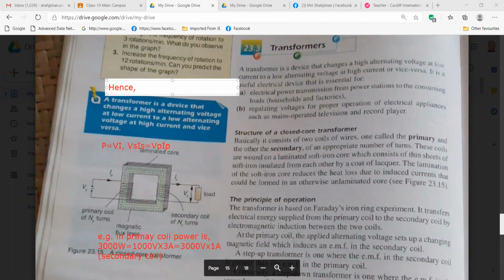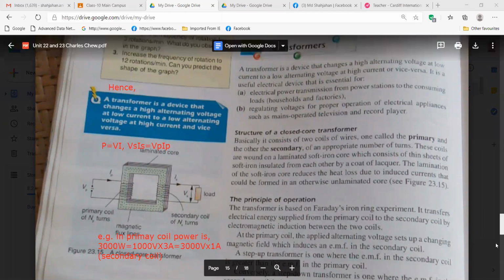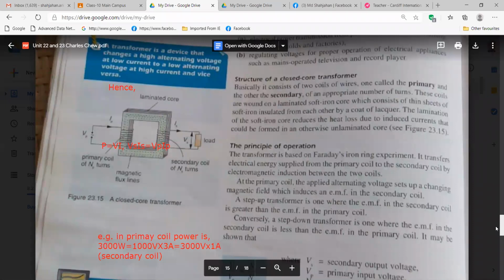Wait, Azman. Okay, sir. হ্যাঁ স্যার ঠিক আছে স্যার।